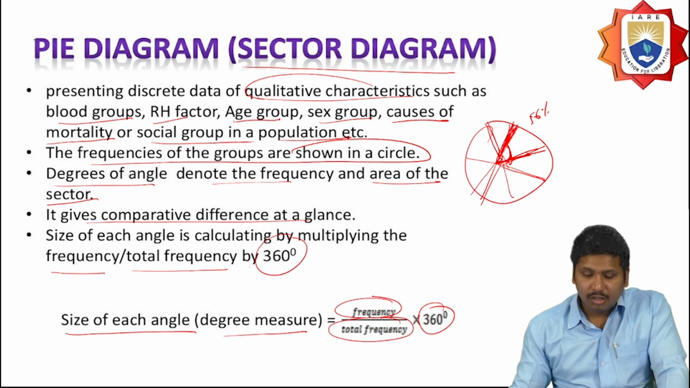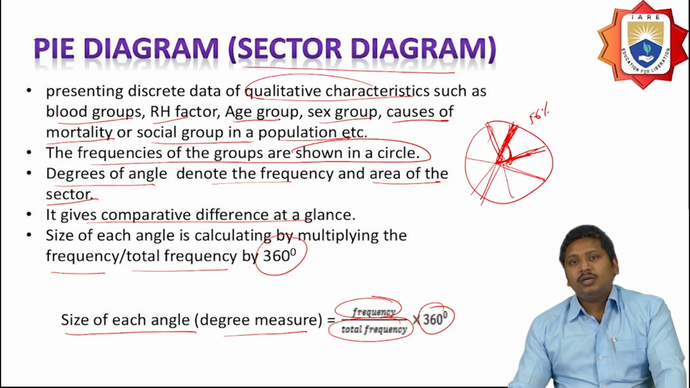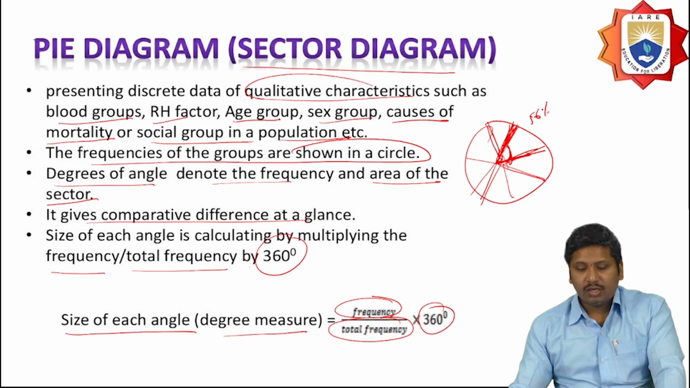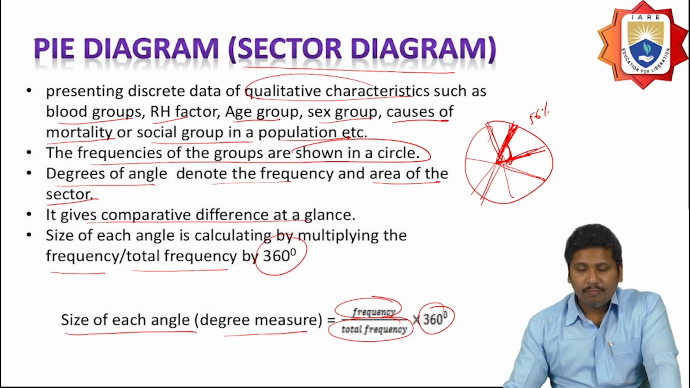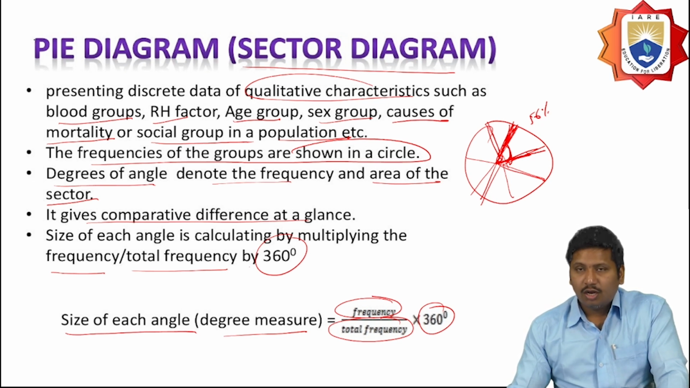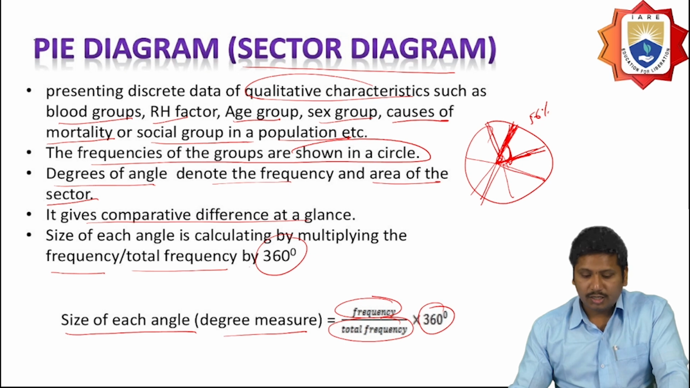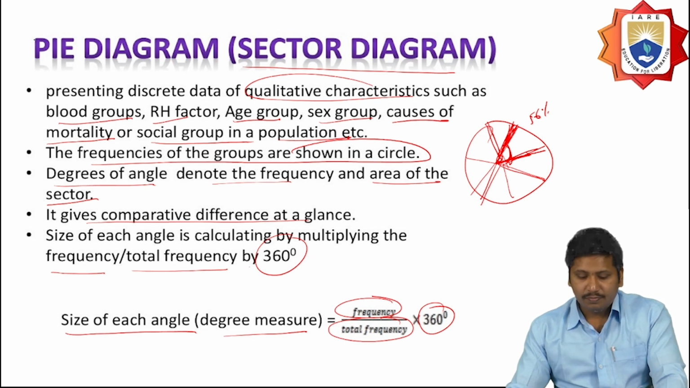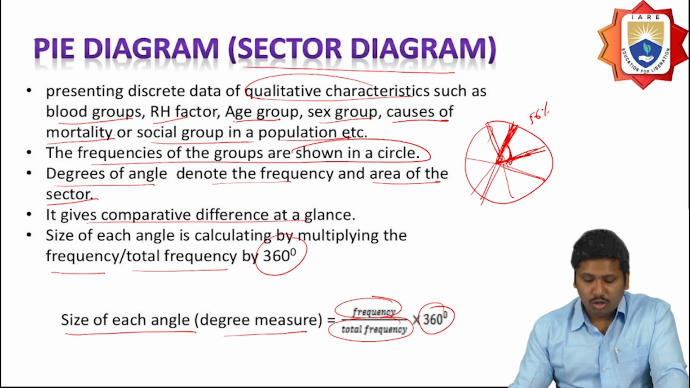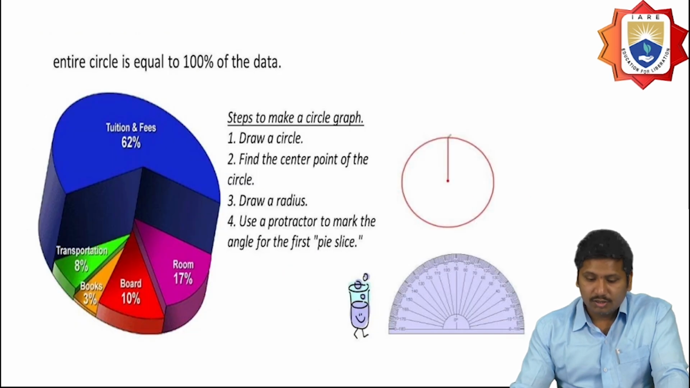So that should be the pie diagram, where the degrees of the angle represent the frequency and the area of the sector, and it also gives a quick comparison or quick difference at a glance through the pie diagram. And each size of the angle is calculated by the frequency over the total frequency,